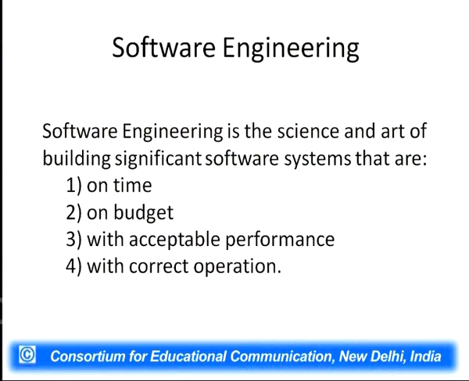On time means that if the time allotted for the development and implementation of a software is 3 months, the company should be able to deliver it during that period of time. That is, the amount of time required to develop and deploy the software should match what has been committed. This is a very common problem in this domain of work, that software is often delayed.